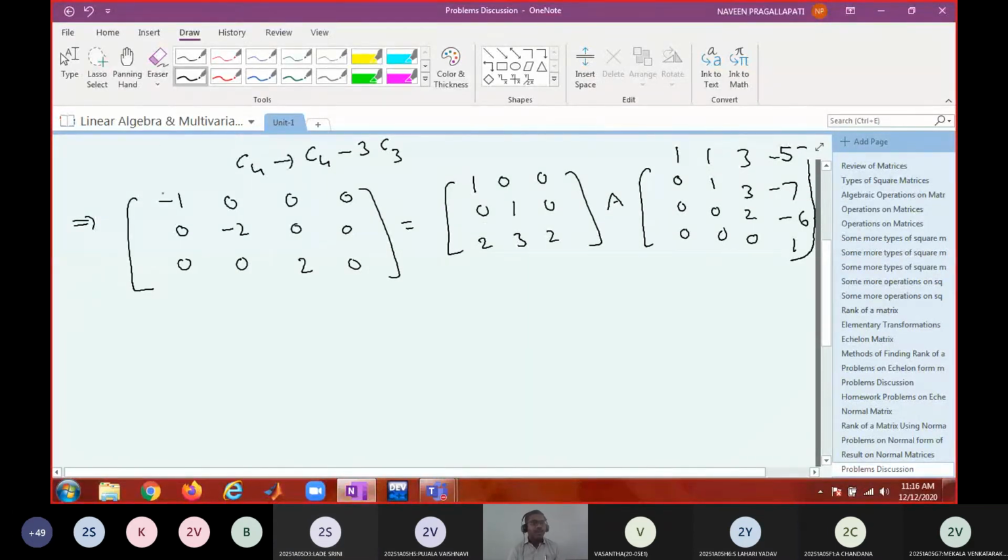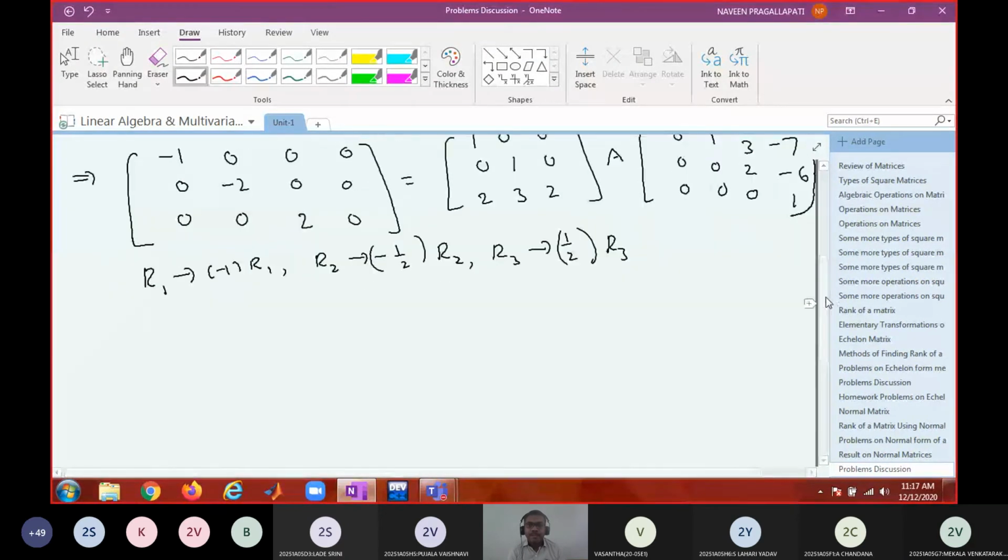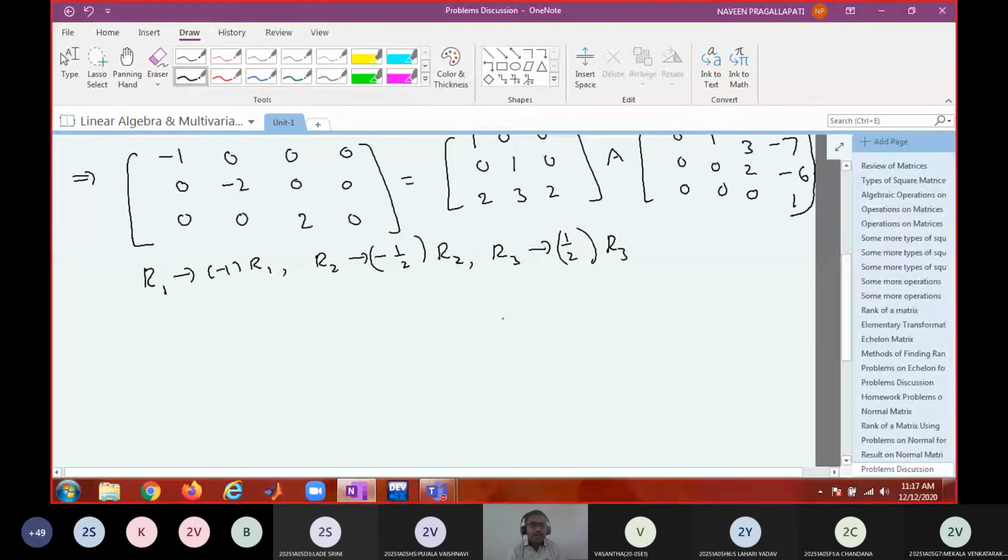Now what are the last set of operations? You can use row operations or column operations. Which one do you want me to apply? Row, sir. So R1 gets minus 1 into R1, R2 gets minus 1 by 2 into R2, and R3 gets 1 by 2 into R3. So this will become